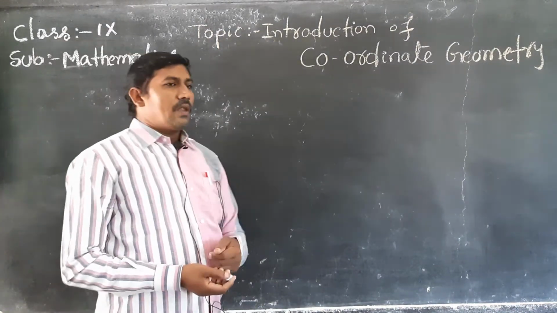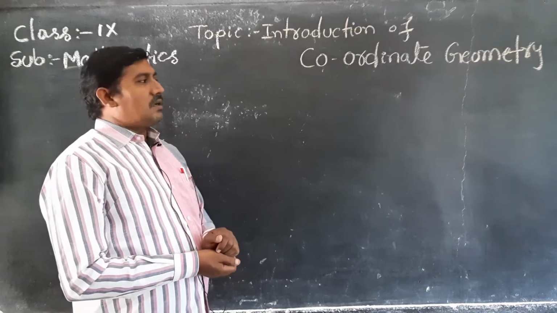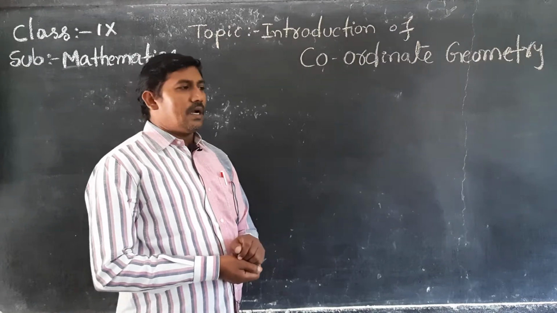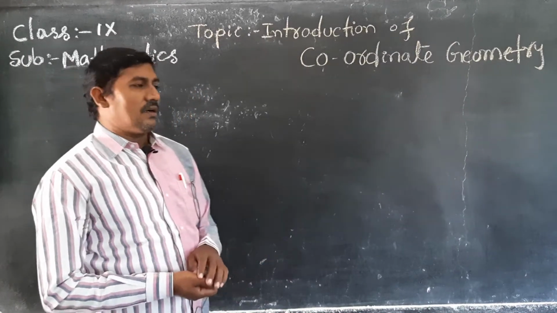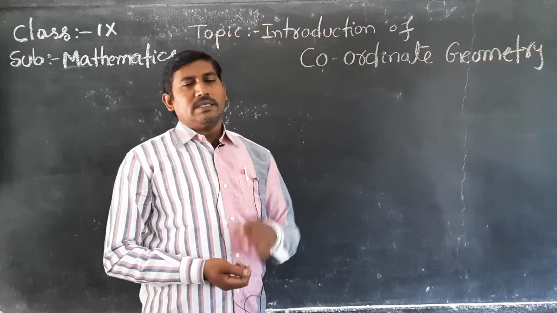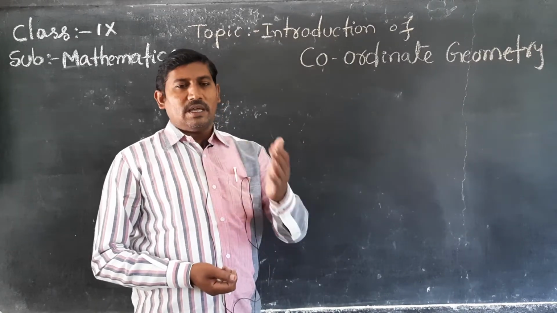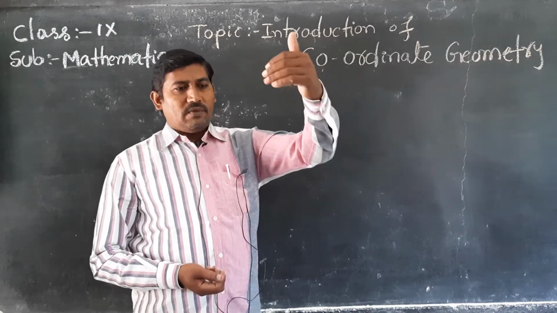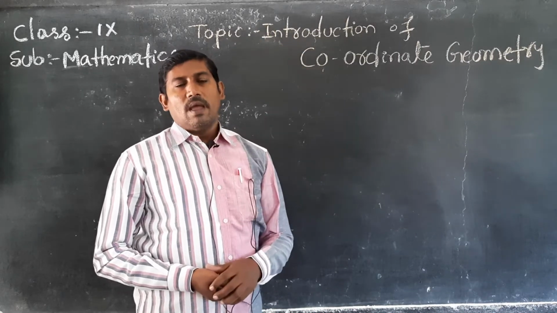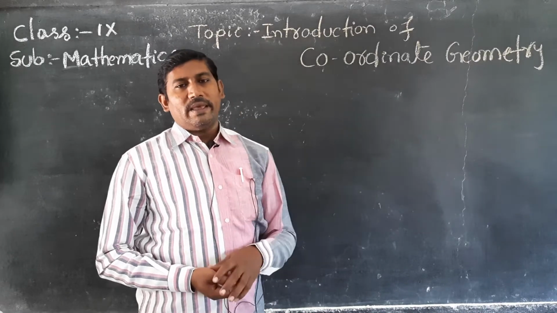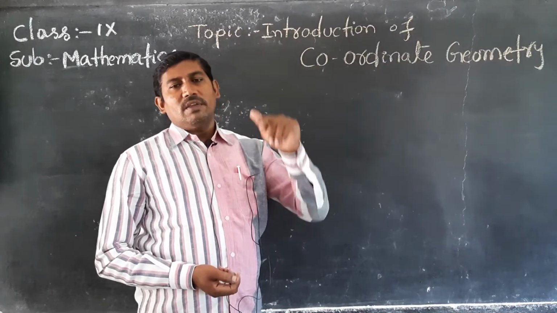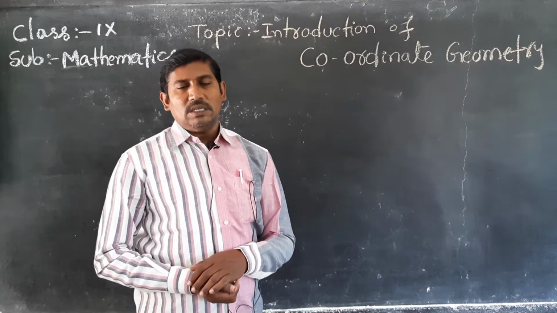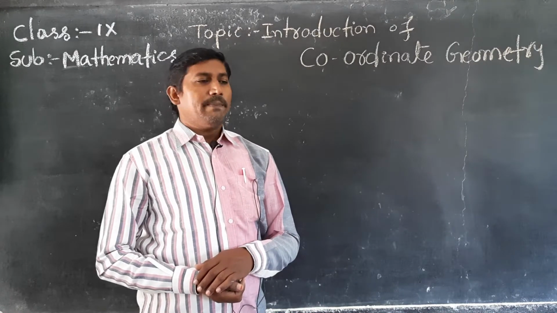Before going to that, last year we also discussed rows and columns. For example, your place in the classroom: how many rows are there? 3 rows. And how many columns are there? 1, 2, 3, 4, 5, 6 columns. For finding your place, which row and which column, it is very easy to recognize your place.